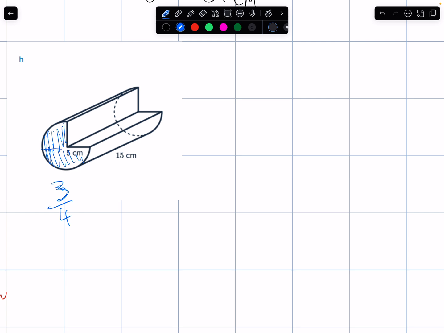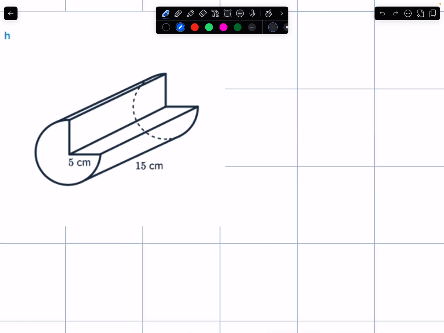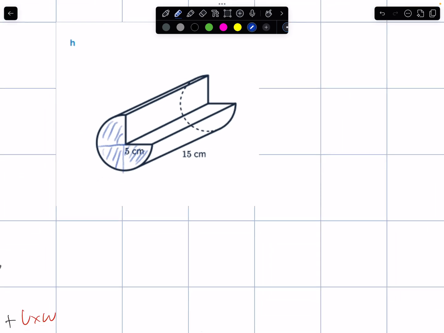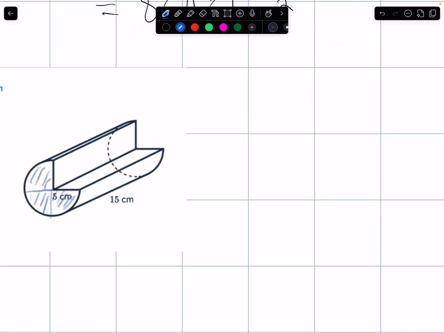If you split it up, let's use my pencil again. You have 1/4, 2/4, 3/4. So we are looking at 3/4 of a cylinder,